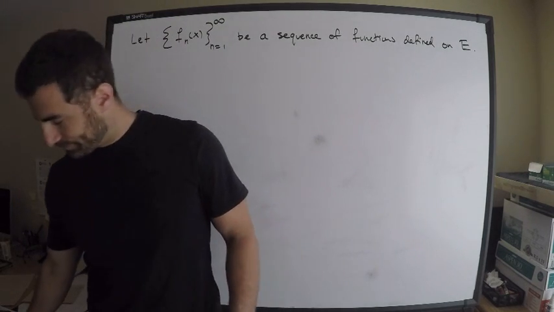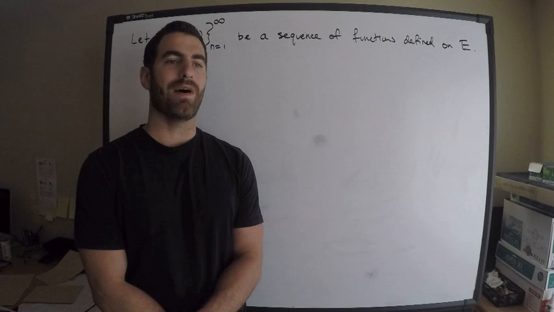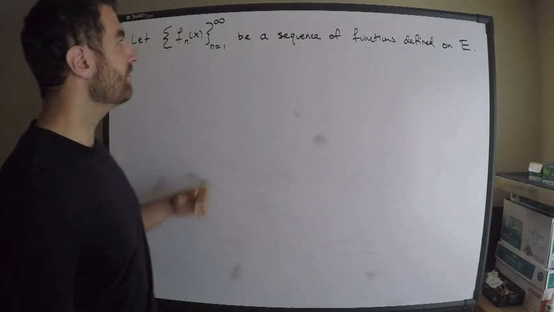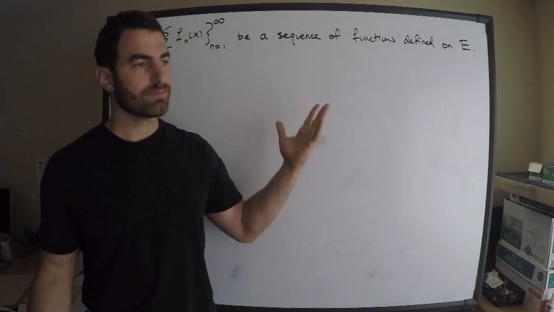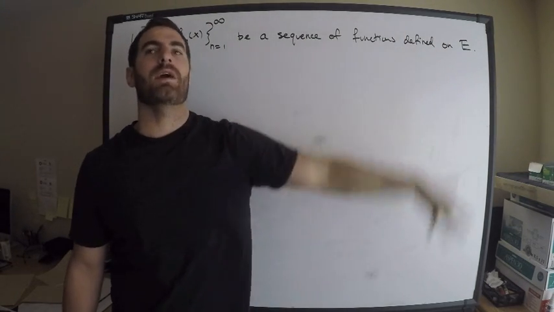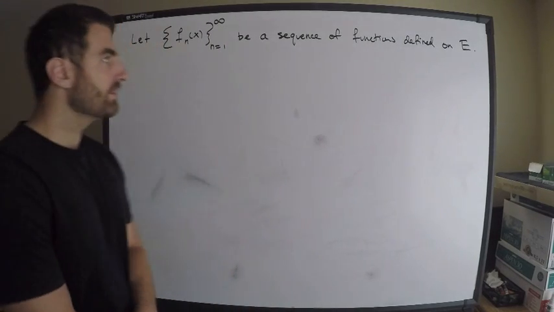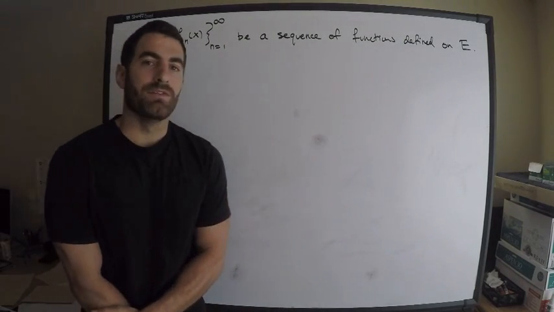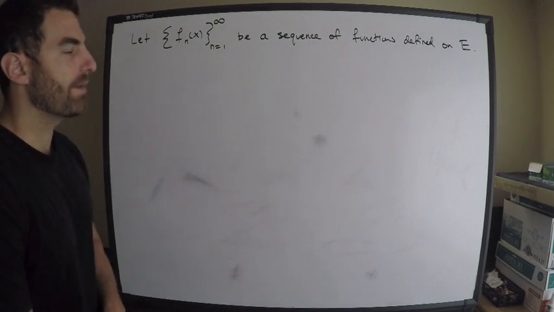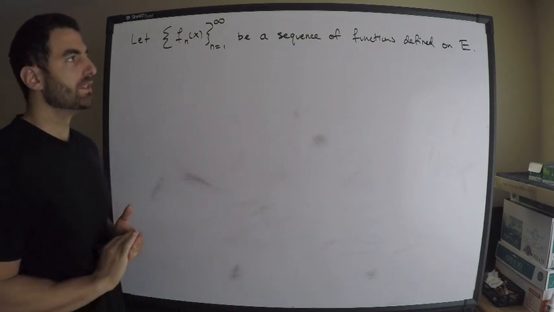I want to first write down the definition I'll be using for pointwise convergence. So I have a sequence of functions, and I'll usually omit the x. x is a member of E. I have a set E. A lot of times, in an abstract sense, we call that a metric space. Then we can talk about this concept. n is going from 1 to infinity, so natural numbers. We have a sequence, and each member of this family happens to be a function.